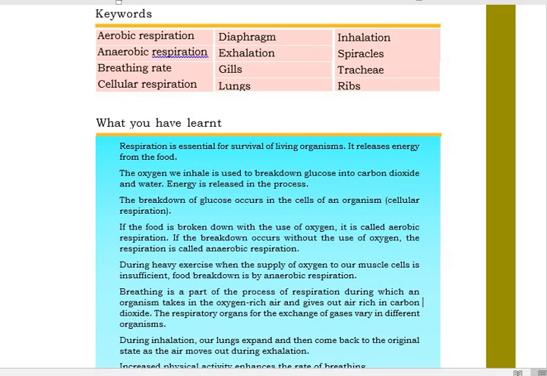In the case of cockroach, there are spiracles and tracheal tubes through which the exchange of gases takes place. In the case of earthworm, the whole skin itself is wet, slippery and moist, through which the exchange of gases takes place. And in the case of frogs, it is an amphibian. Even though there is a pair of lungs and chest cavity present, when it is in the water, its skin acts as a respiratory organ, so its skin is wet, moist and slippery.